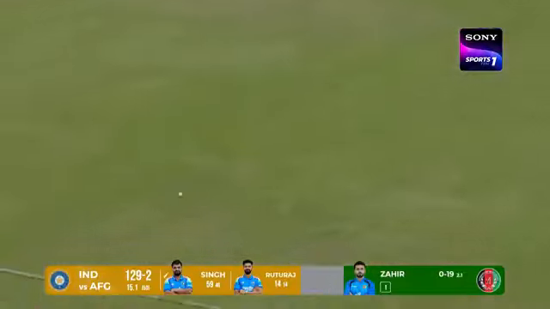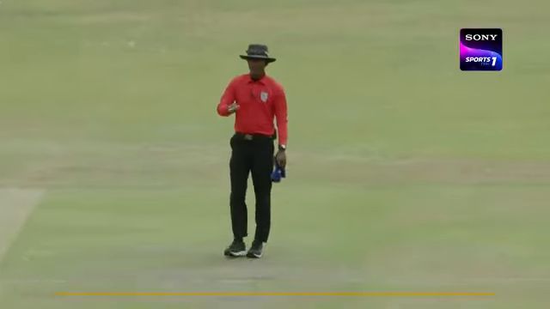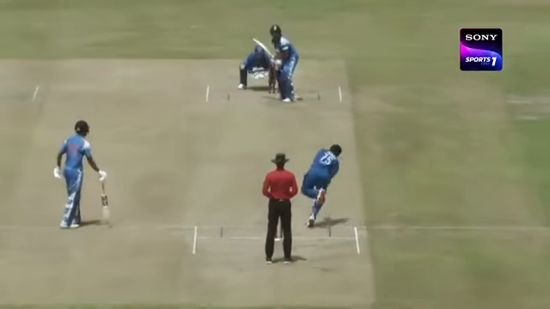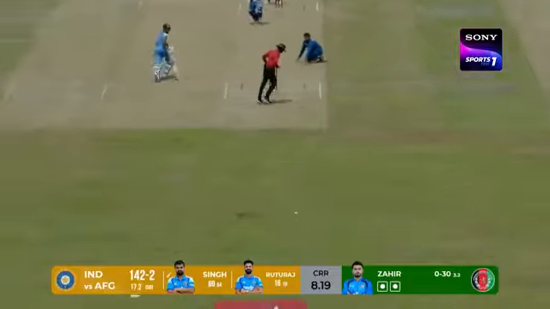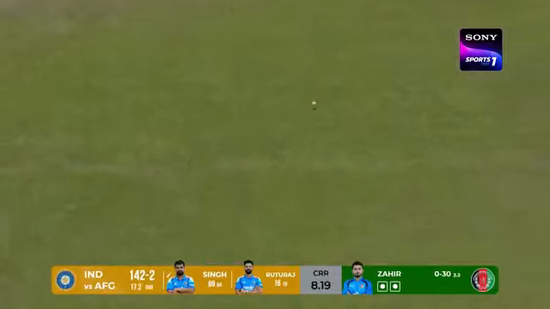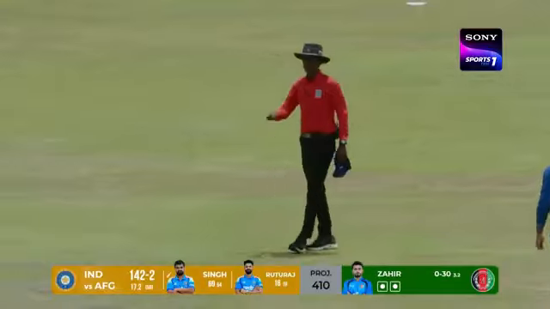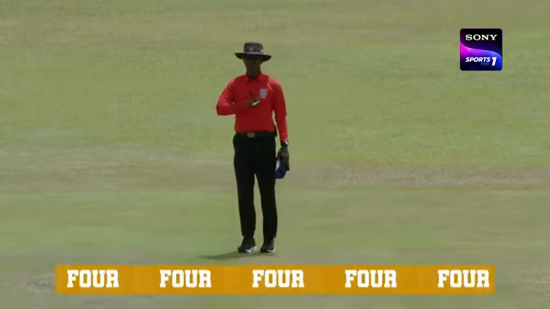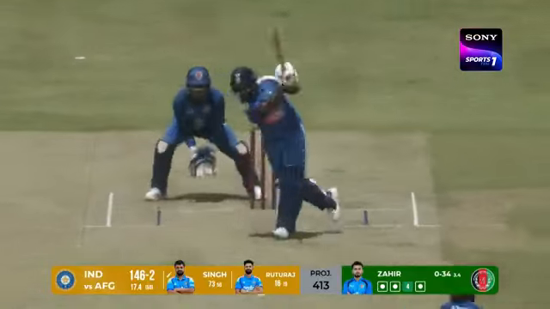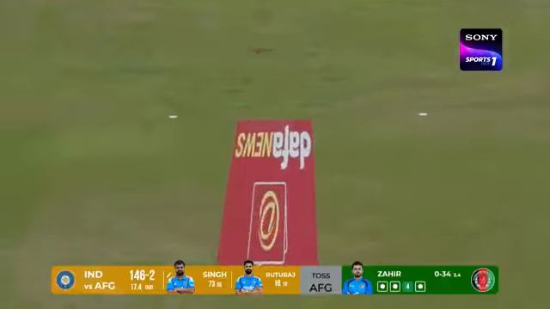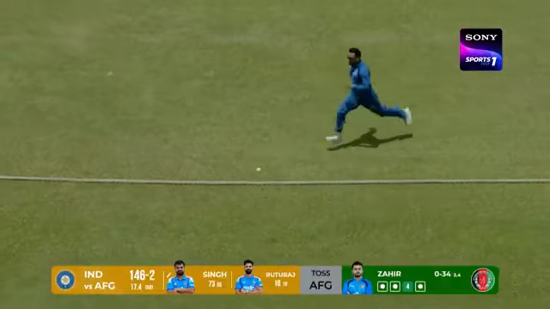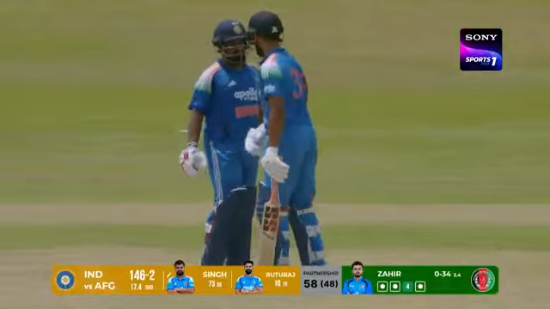Through mid-off, gets another boundary for Prabsimran Singh. Oh, full toss once again. Slight misfield from the bowler himself. Once again, full toss, but beats the fielder at mid-on.